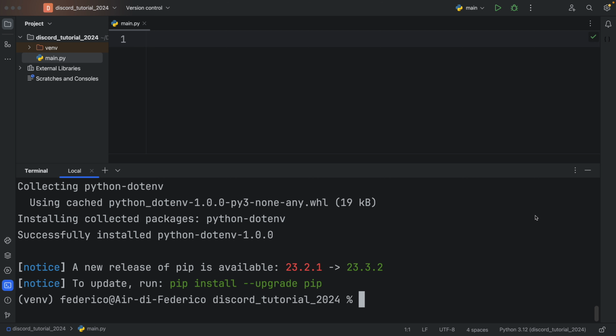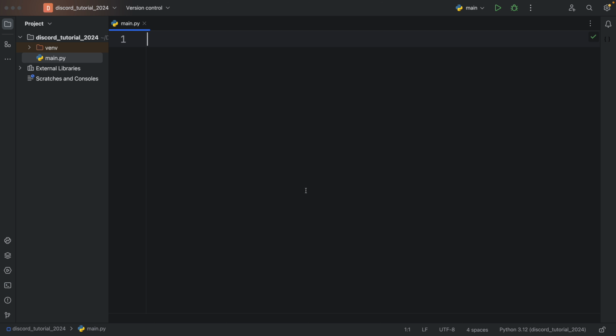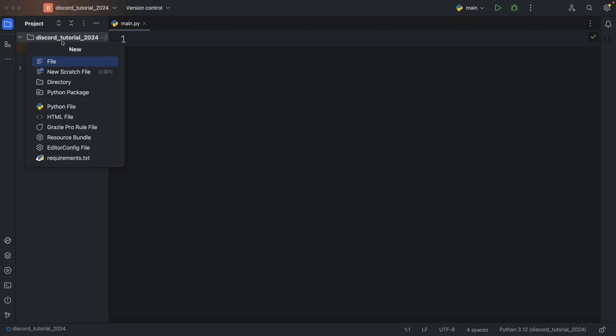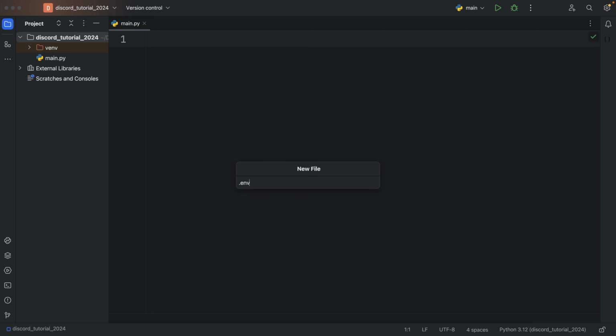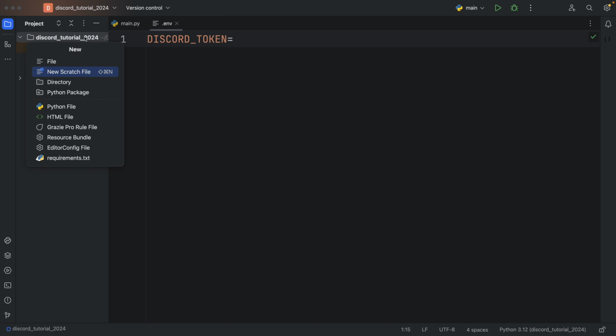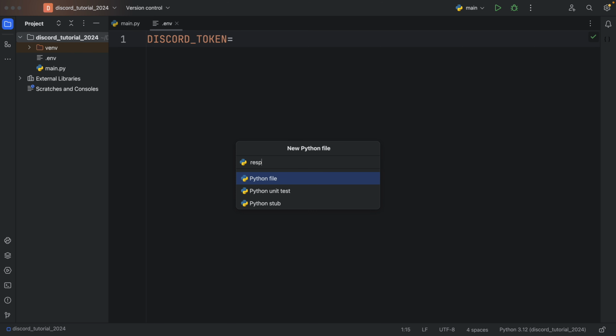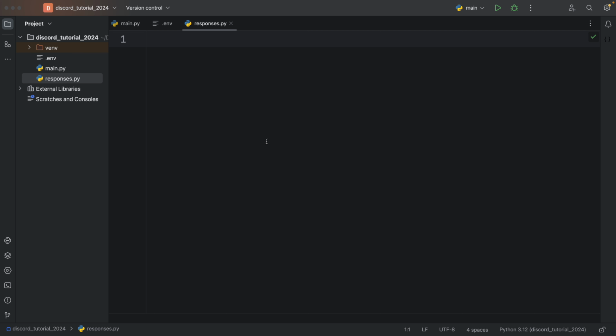So now we can close this terminal and get started with creating some project files. And the very first one I want to create is the .env file. So just call it .env. And inside here, what we want to type in is DISCORD_TOKEN and put an equal sign. We don't have the token just yet, so we can't fill that out, but it's good to have this placeholder here. And another file we need to create is called responses,